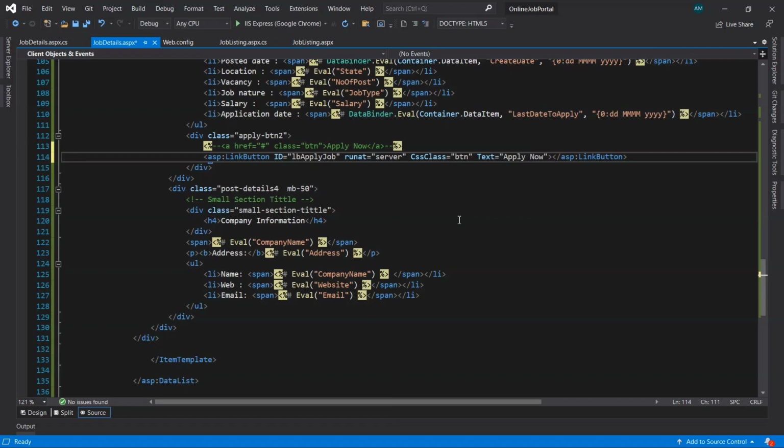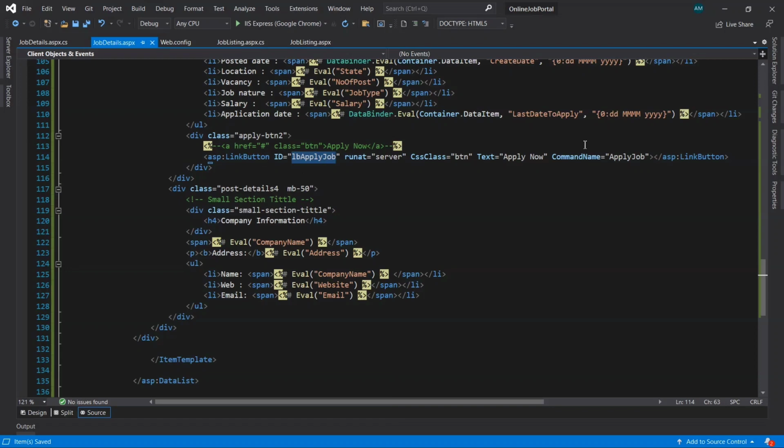When we click on this button in the browser, it should click and the job should be applied, or it's going to check whether the user is logged in or not. Okay, for that we need to take here one command name, that is apply job. Can give any name. Here I am taking apply job. Save it. Okay, here you can give any name or text you want. I'm just using apply job, which is relevant to this link button.